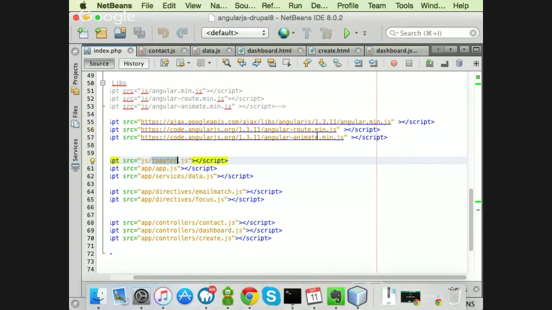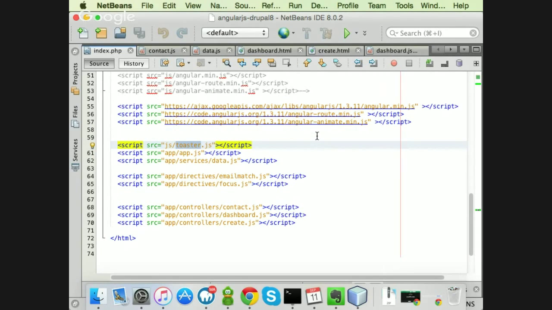And also, we're using an external library called Toaster, just to make the pop-ups, or the messages, look pretty. And my apps, which are the app.js and data.js, and some directives for the form that we're going to be seeing, which are the email match and the focus. And we have the controllers included there too.